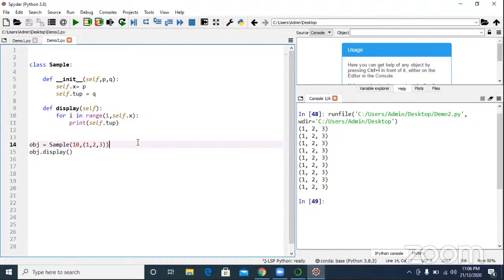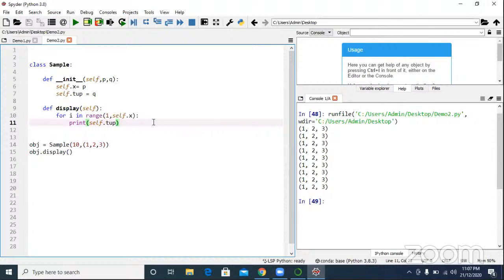If you write the display method again in a class, it won't work, because they are not following it.